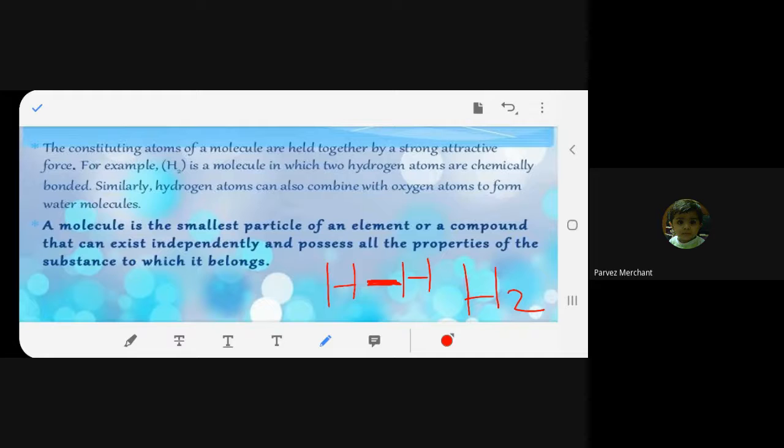Now this was one atom, this was the second atom, yes or no? Yes, ma'am. And this becomes a molecule. So two atoms come together, join together with the bond, which is the attractive force, and become H2 as a molecule of hydrogen. Is it clear? Yes, clear. If I ask you, one molecule of hydrogen will have what? Two atoms of hydrogen. One molecule of hydrogen is formed by two atoms of hydrogen. Am I right?